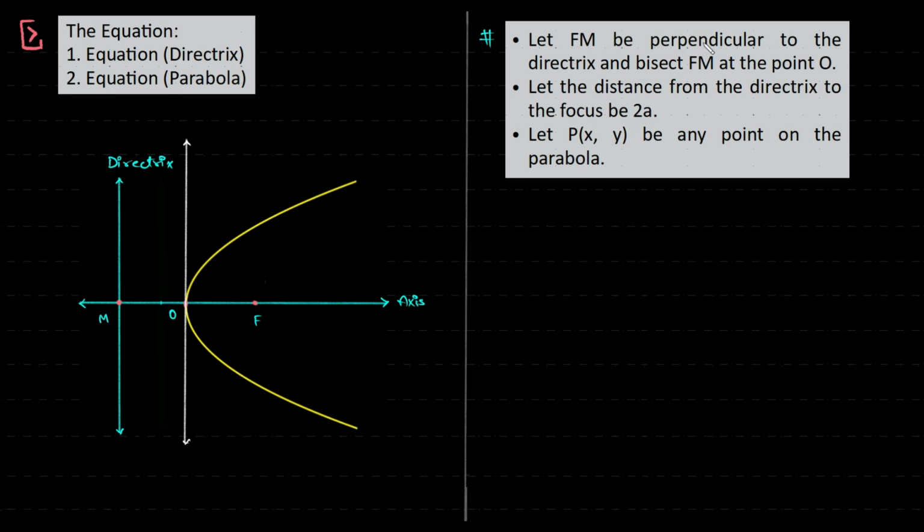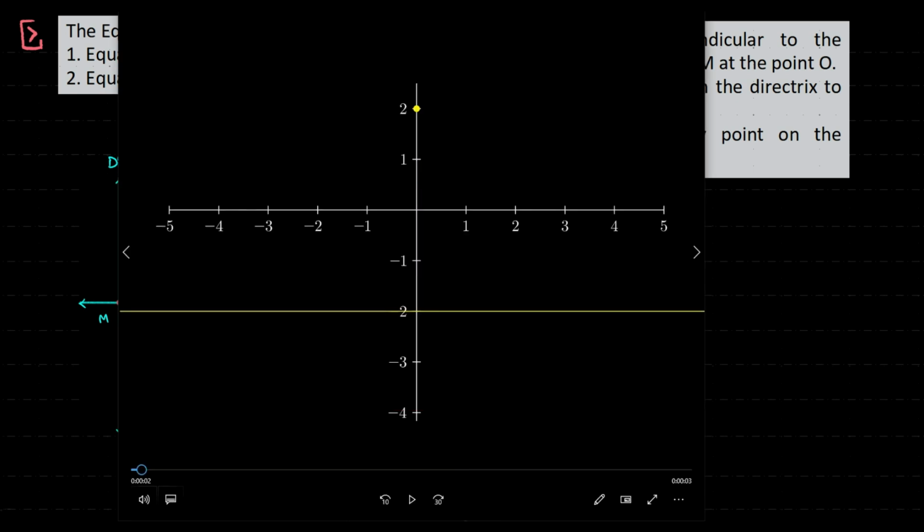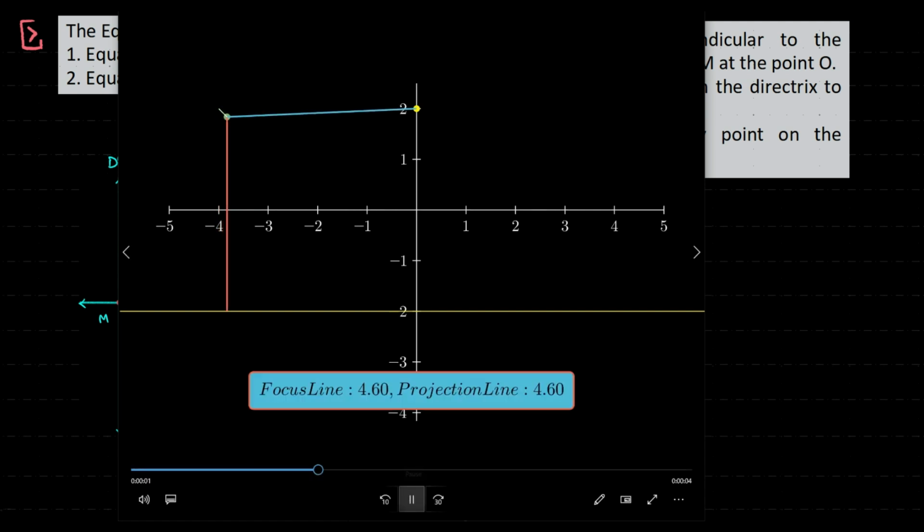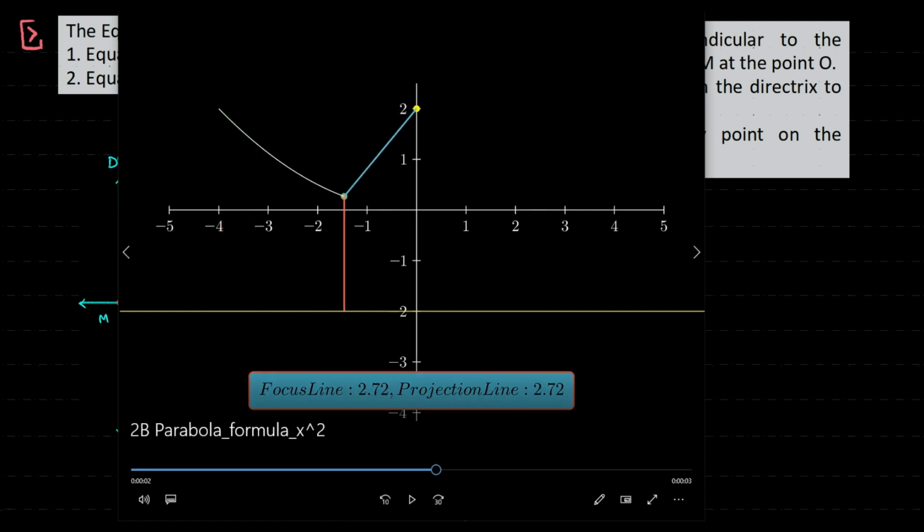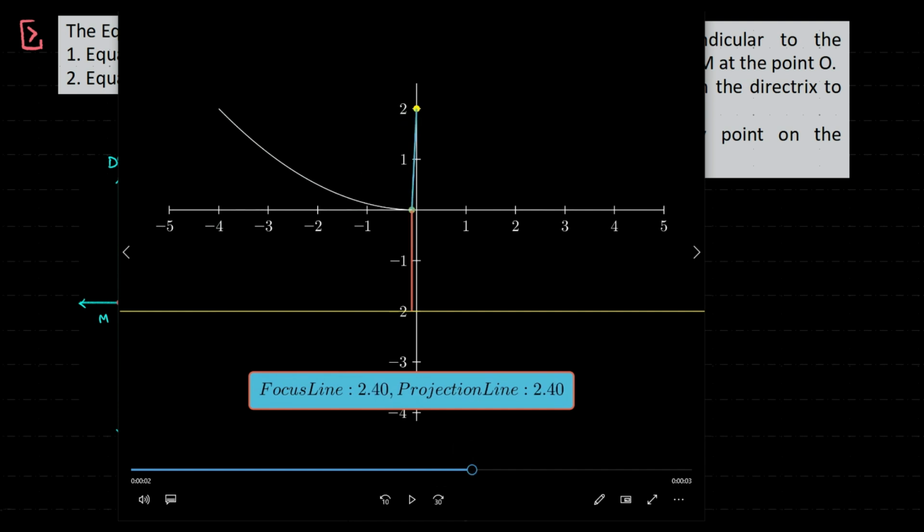Now let FM be the perpendicular to the directrix and bisect FM at the point O. So this is your FM and it's getting bisected at point O. I would like to discuss why it is getting bisected at O. How do you know that? See, the point of a parabola is what? That the distances are equal, is it not? That's your focus length, this is your projection length. The lengths are equal. So what happens at this point? Obviously this length will be equal to this length. Do you guys agree? So those lengths are equal,